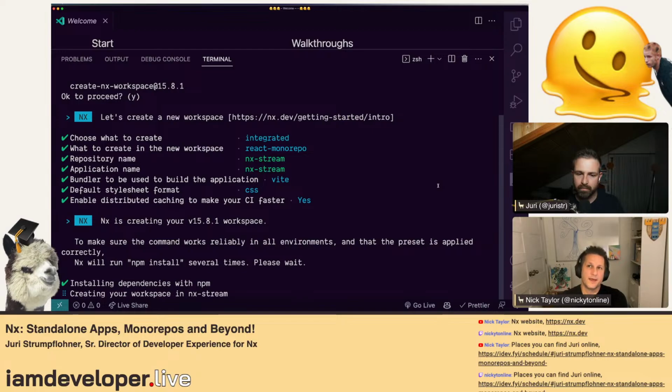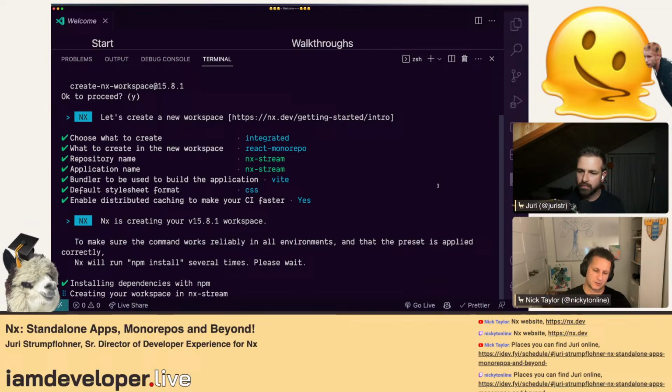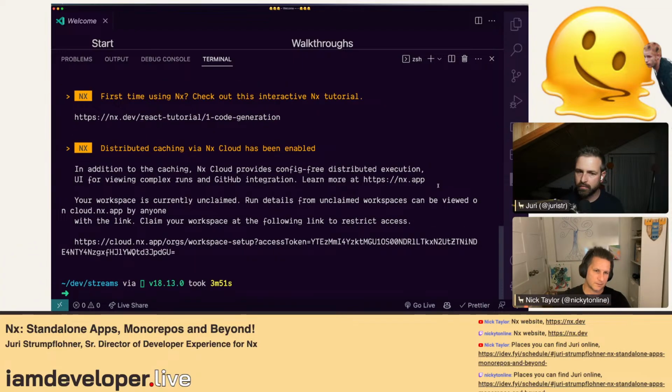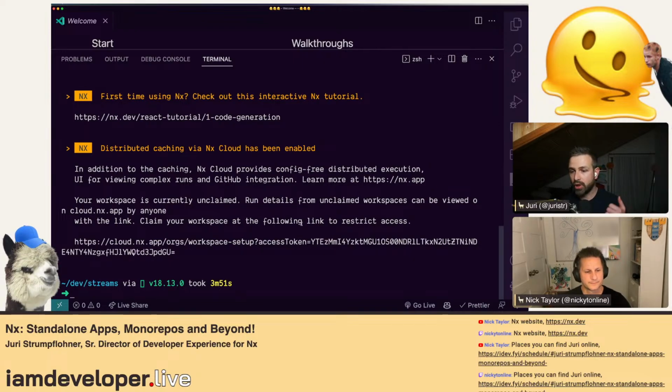While that's just setting up, in terms of the distributed caching, say I'm on the main branch and then I build things. The build gets cached and it gets invalidated at some point when you make a change. But what happens if I create a new branch? Is the distributed caching branch based? No, it basically takes your source code and the command you're running.